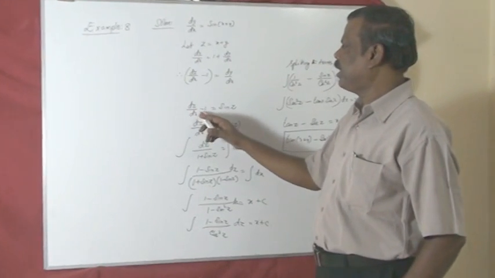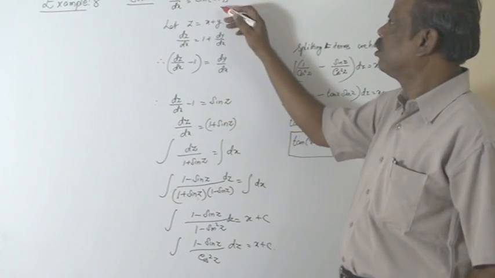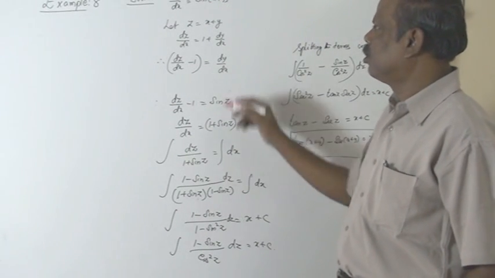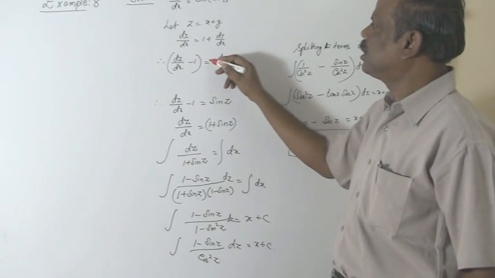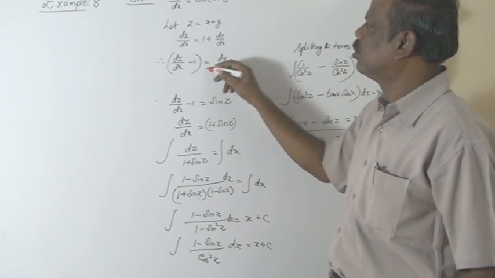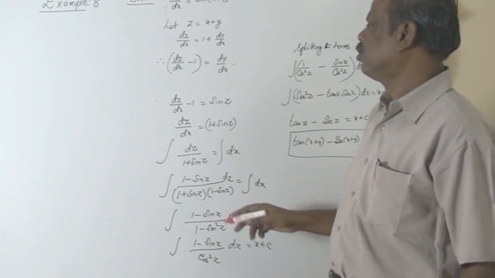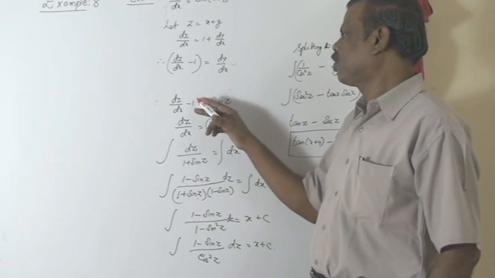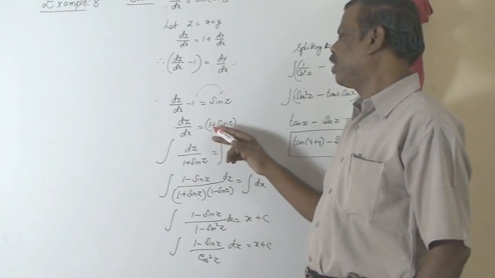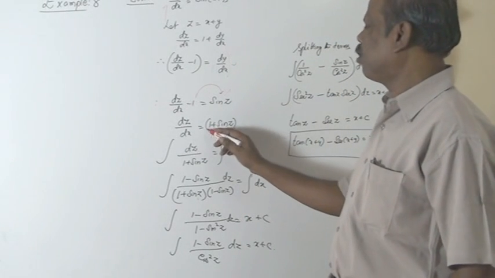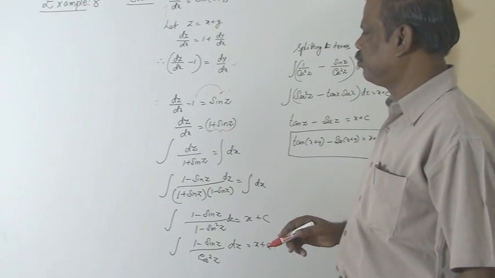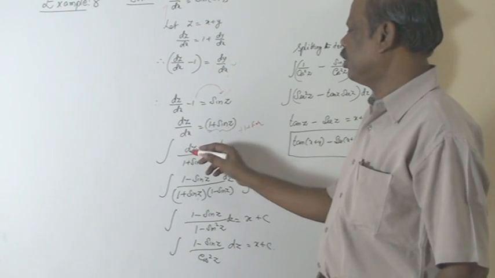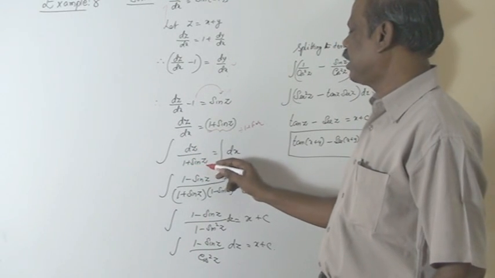Therefore, dz by dx minus 1 equal to sin z. What is x plus y? It is z, therefore it becomes sin z. What is dy by dx? It is dz by dx minus 1. So replacing this value here, dz by dx is equal to 1 plus sin z. So I am taking this minus 1 to the other side, which becomes 1 plus sin z. So considering 1 plus sin z as one particular variable, by dividing by 1 plus sin z, we have integral of dz by 1 plus sin z is equal to